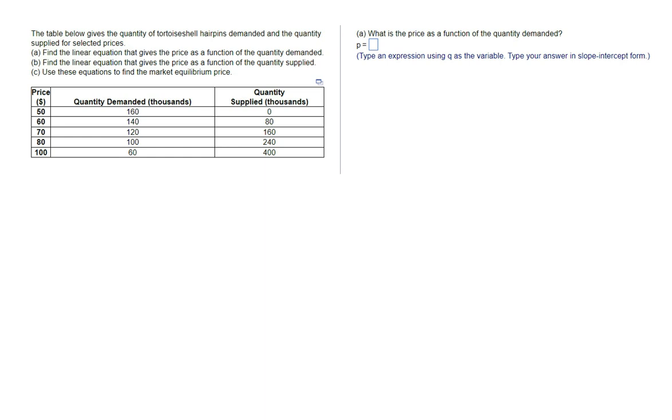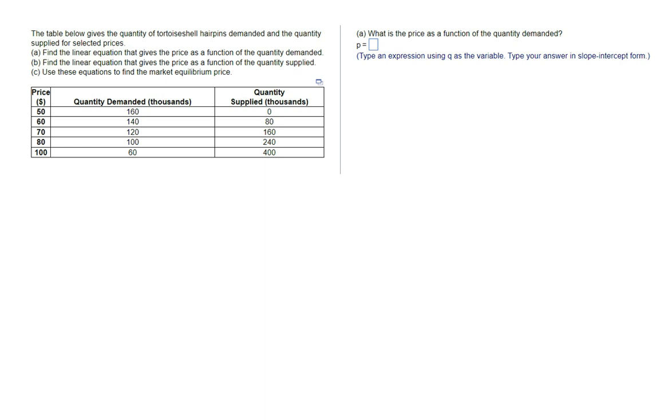All right, the table below gives the quantity of tortoise shell hairpins demanded and the quantity supplied for selected prices. These are literally hairpins. You put them in your hair. They're pins that go in your hair, and they're tortoise shell color, which is like this brown mix. But anyway, part A says find the linear equation that gives the price as a function of the